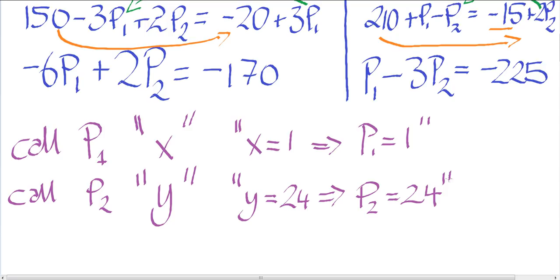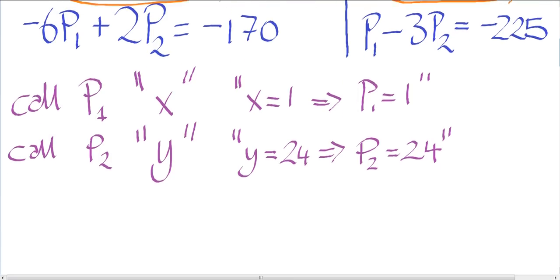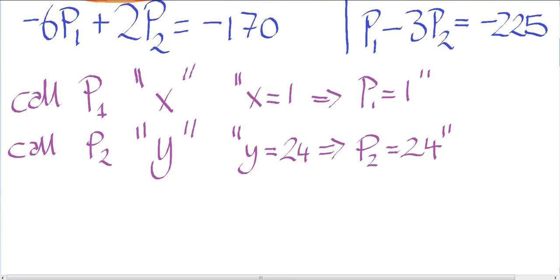So I'm going to call them, just to make life a bit easier, P1 x, P2 y, and I'm going to write, as I did before with the simultaneous equations, one equation over the other. So what I'm going to get out of all of that is, again, you don't have to do it if you don't want to, but you're going to get the same answer anyway, it just makes life a bit easier. So I'm going to end up with,